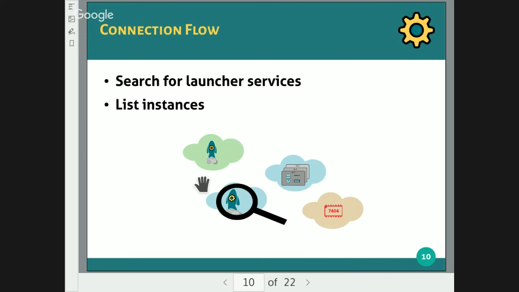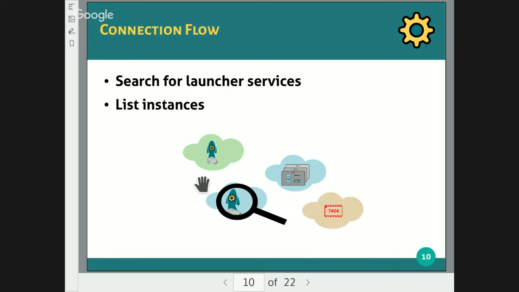Yeah, how does a typical connection work? Let's say we have a user interface that wants to use Machinetalk. First, we search for launcher instances on a network. Typically, we either have a single Machinetalk enabled device running on the network, or we have multiple devices. So we first look for launcher instances on these devices. Then we list them in the user interface. So we get a list of possible endpoints.